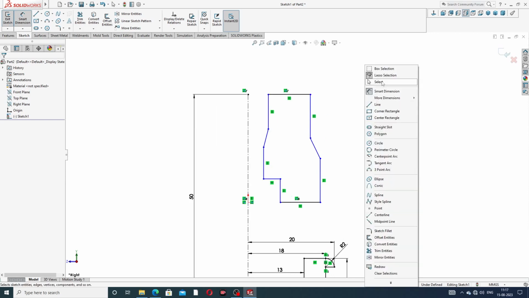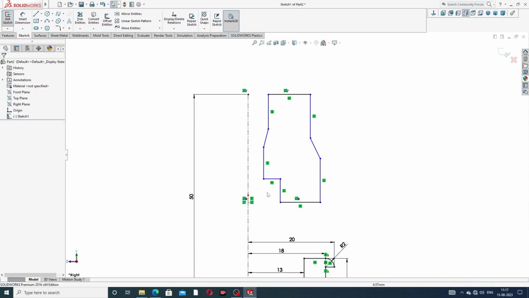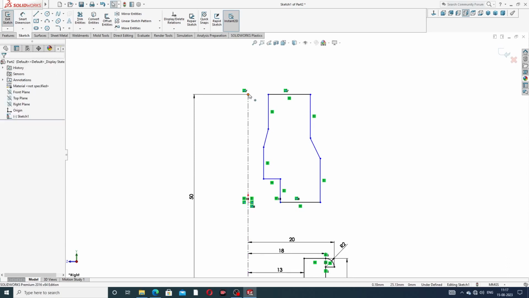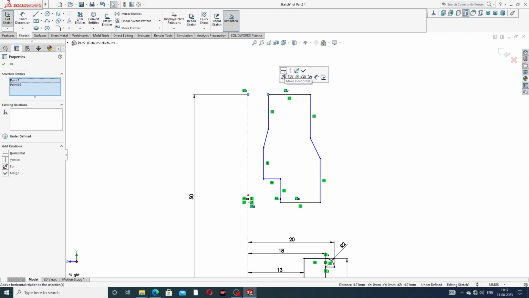At first select this line, and this point and this point is horizontal, and also this point and this point is horizontal. Okay,